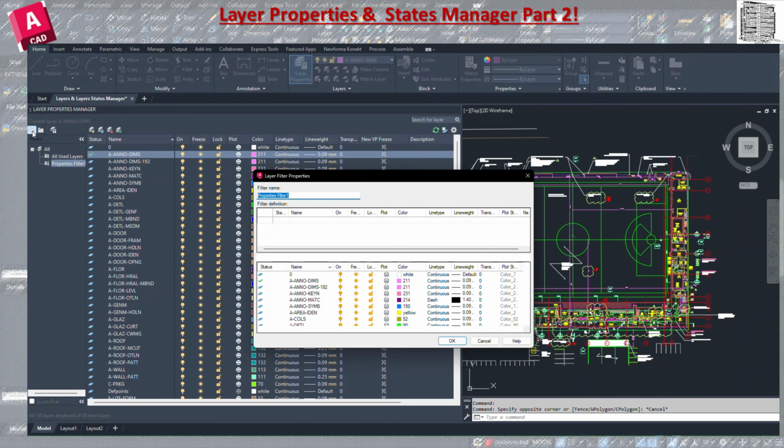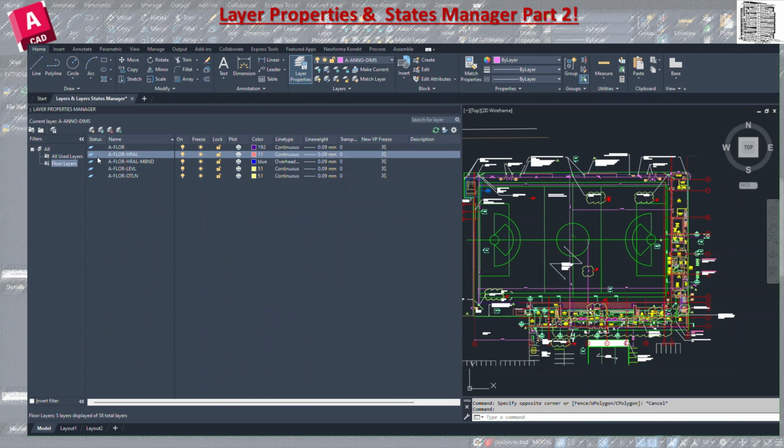So if I click on a filter, it's going to open up a box for me. I want to manage just floor layers, for example. And as soon as I click here, you can see the star means everything, right? So I want everything that starts with, let's say, F. You can see as soon as I do that, it brings all of the layers that I have for my floors. So I click OK, and you can see it's basically creating a filter for my floor layers